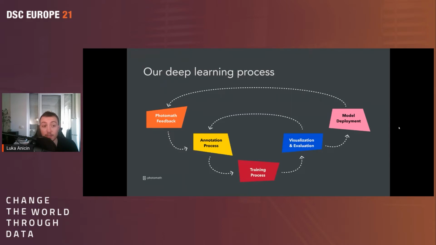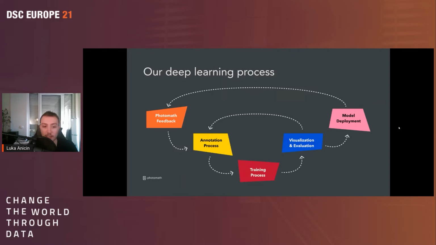Initially we covered only typed versions of mathematical typing, and handwritten was not in our scope. By listening to feedback, we recognized that a lot of images are coming from handwritten examples, and users are writing in their reviews that they want these features as well. So we are listening to that. We are adding those feedbacks to the annotation process,